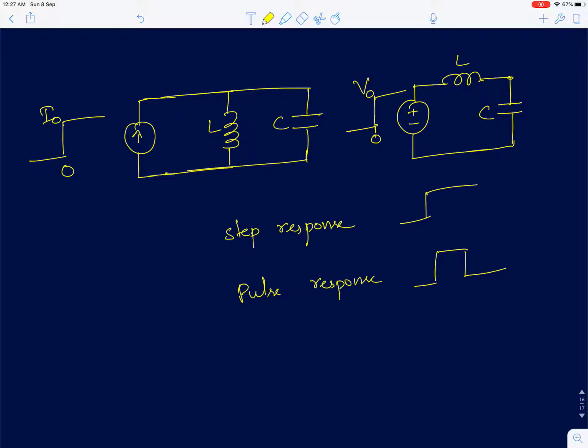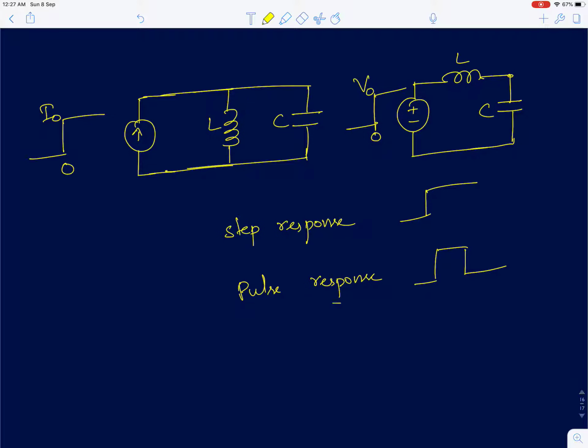Hi everyone. In today's lecture, we'll be discussing the step response of parallel LC and series LC circuits. And we'll also be discussing the pulse response. So how does the circuit behave when you feed, for example, in a parallel LC circuit, we'll be feeding a